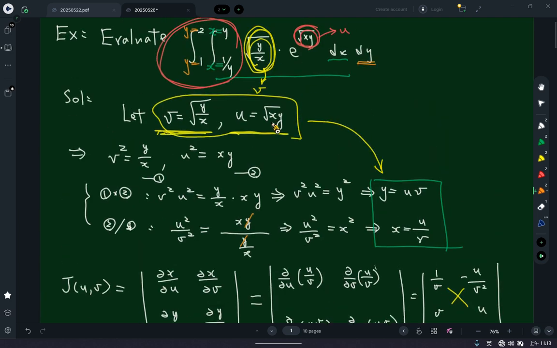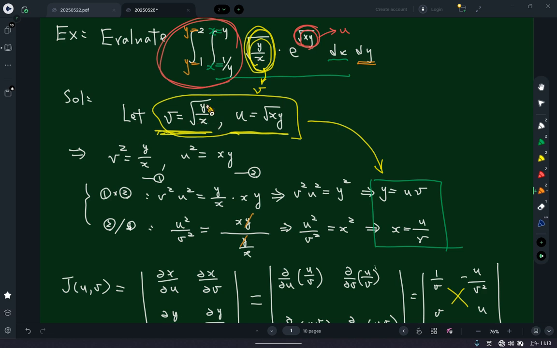Then after that, this is the first step. Try to watch what term will be replaced by u, what term will be replaced by v. Then after that, this is our first step. Then we will confirm or transfer from u equals something in x and y, v equals something in x and y,